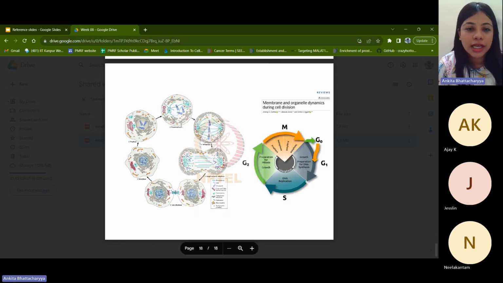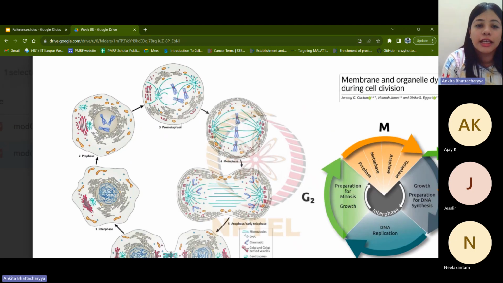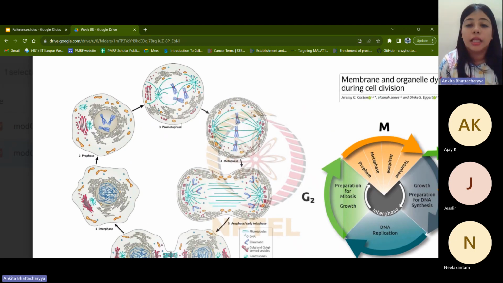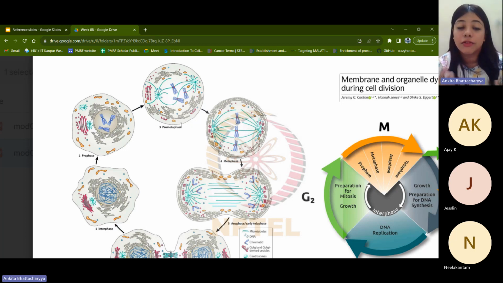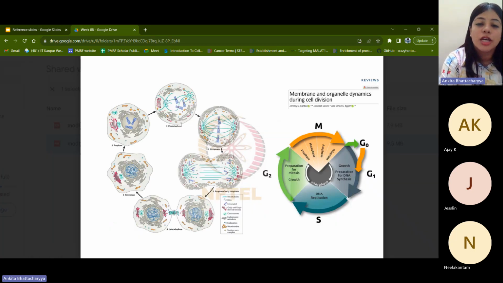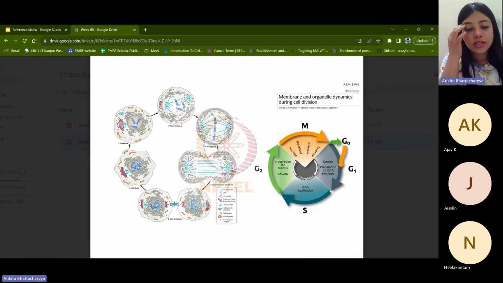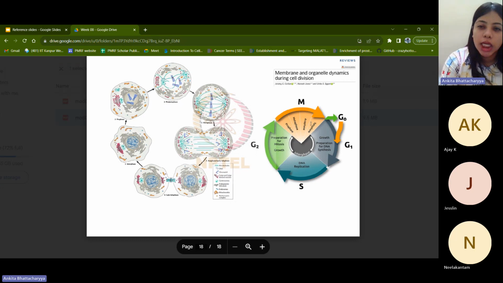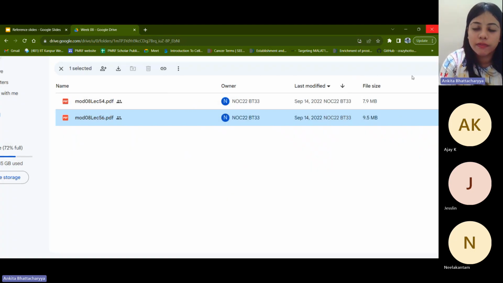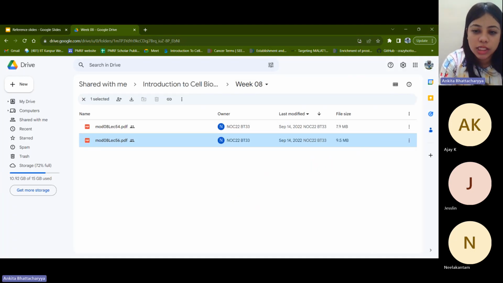So to sum it up, you can see that there are different changes occurring at the level of not just the nucleus, but the lipid membrane, nuclear membrane, ER, mitochondria, Golgi, and of course the cytoskeleton as well, all of which is undergoing rearrangement at these stages to produce the daughter cells, and each of these have been separately studied. Anything that interests you, you can certainly go back and look at it. So I think with this, we are done with the material that was covered as part of this week.